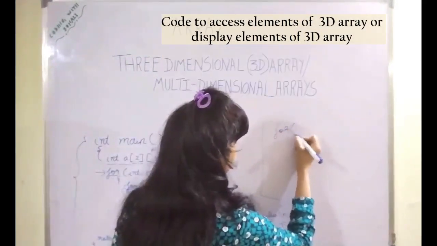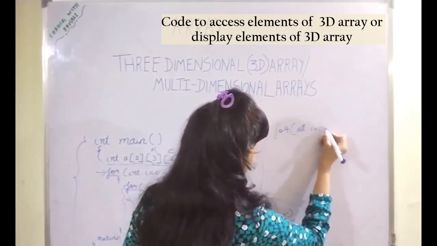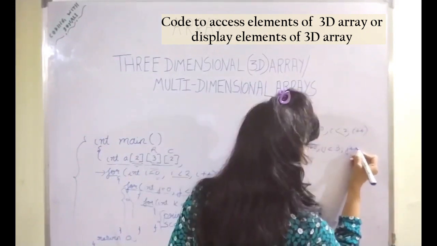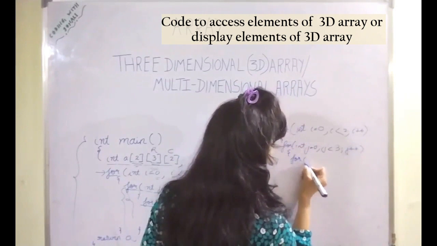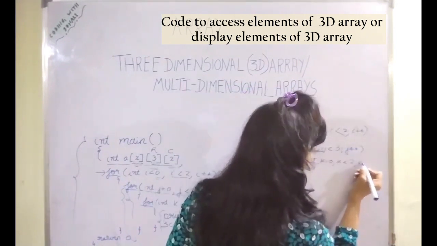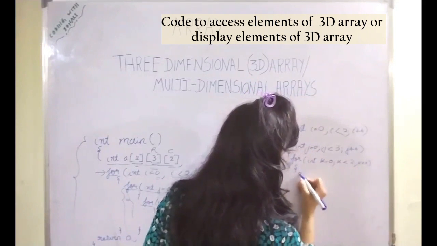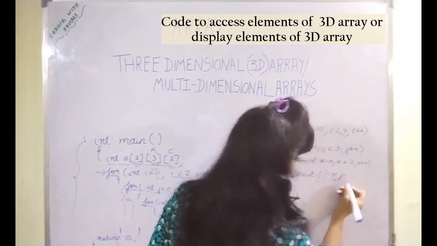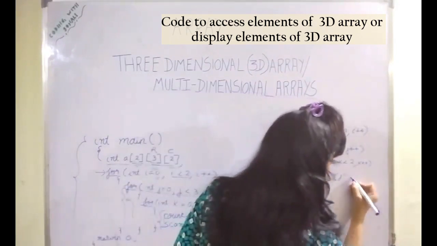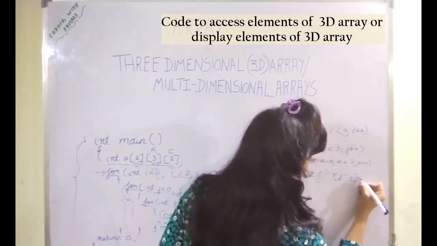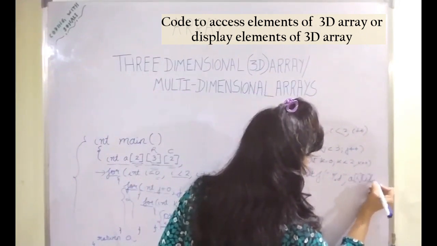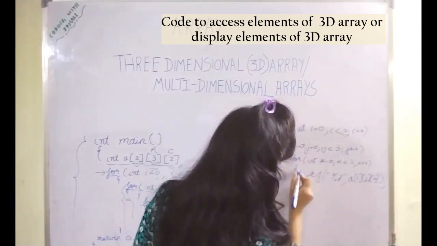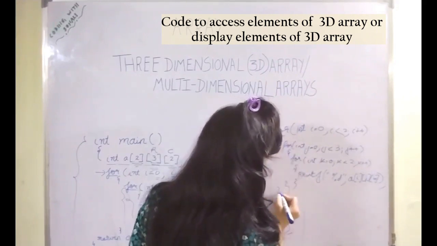So your for loop will be there for int i is equal to 0. Again one more for loop for int j is equal to 0, and again a for loop for int k is equal to 0, k plus plus, and finally here you will just write printf if you have to access the elements, and give the format specifier as %d, comma, you will write your array name, subscript i, subscript j, subscript k. So 3 subscripts will be there finally. So this inner for loop you will complete, then this one outer, and then the outermost, like this.